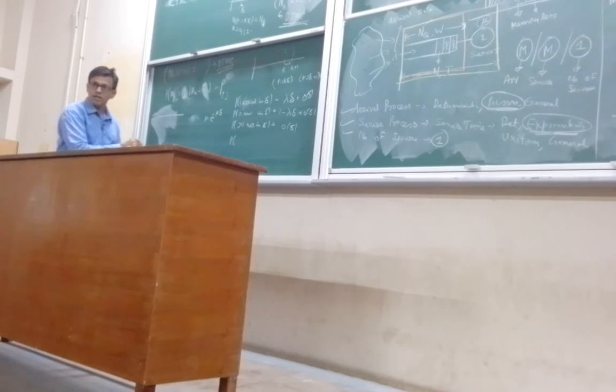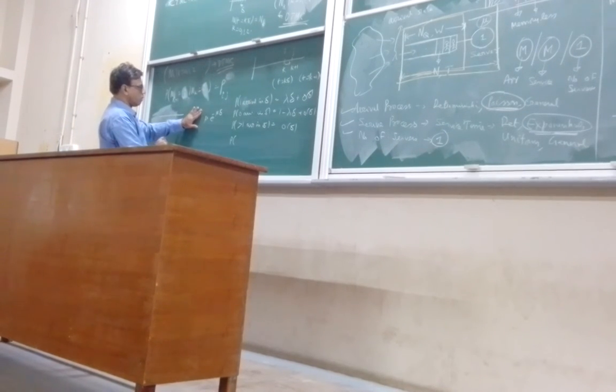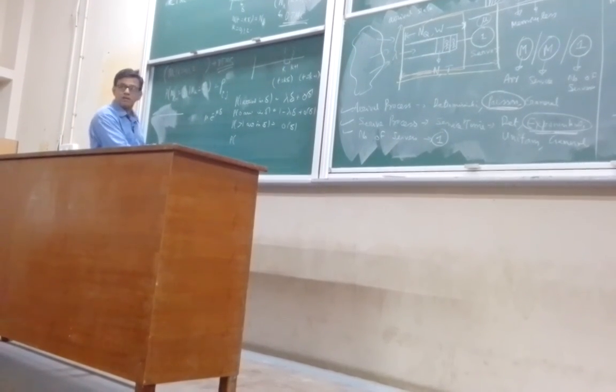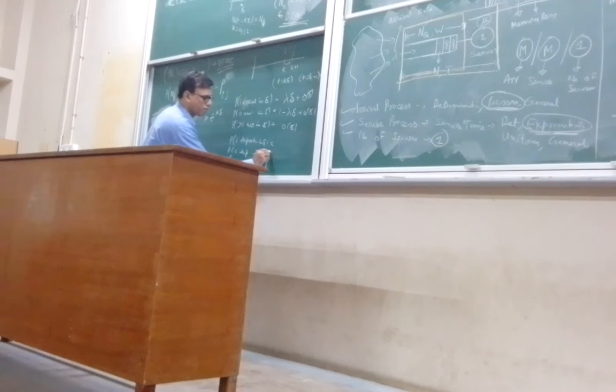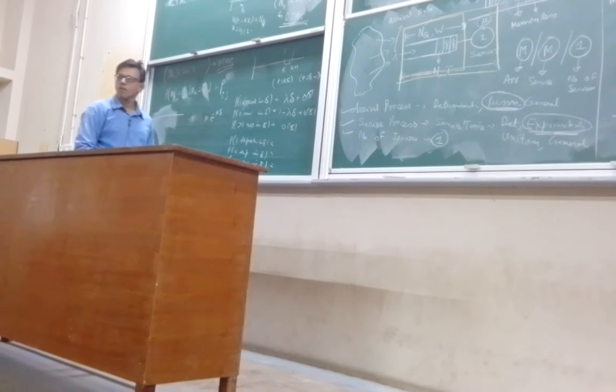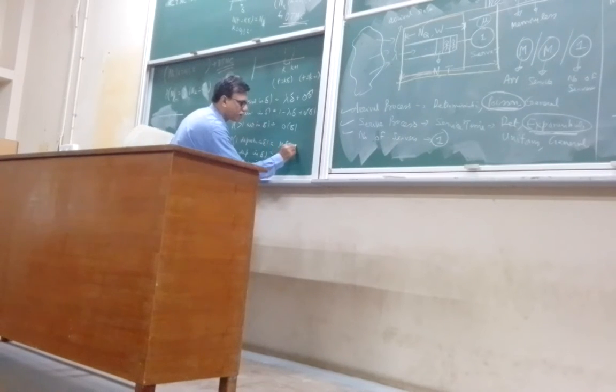This is how it is, the probability distribution of the exponential, and here again the probability of one departure in delta, the probability of zero departure. This also will be like mu delta plus order delta,